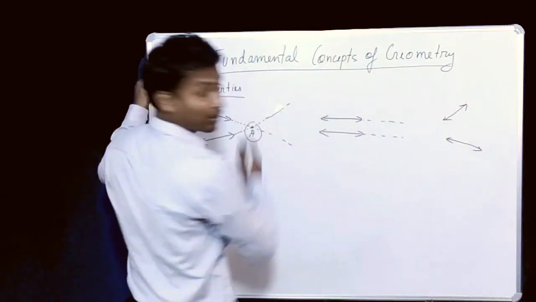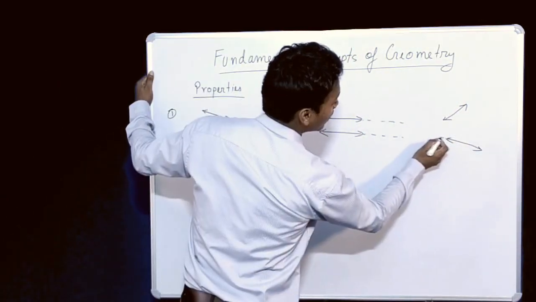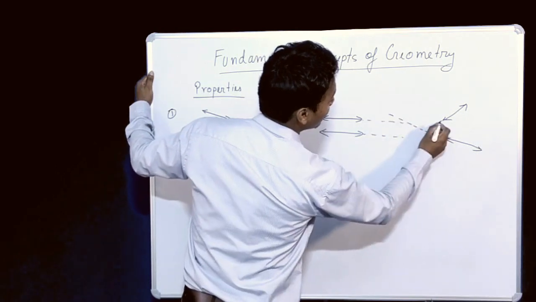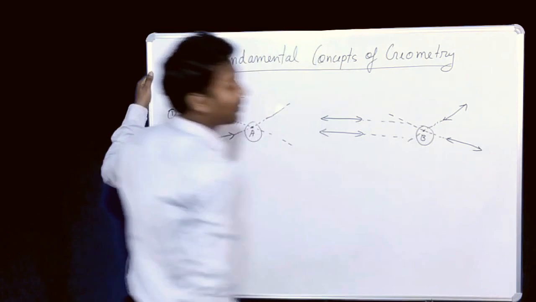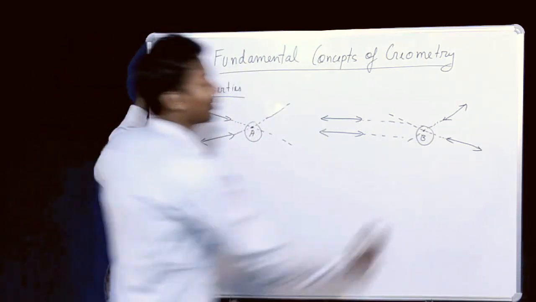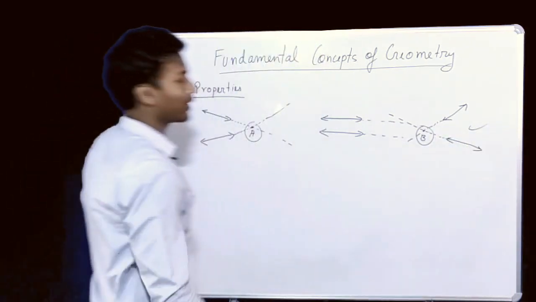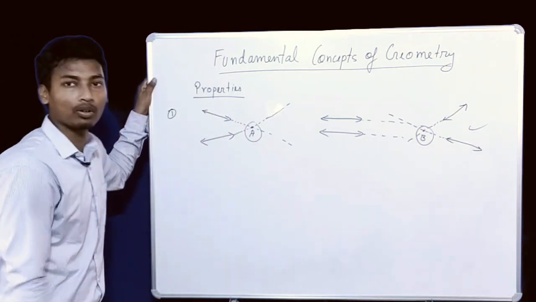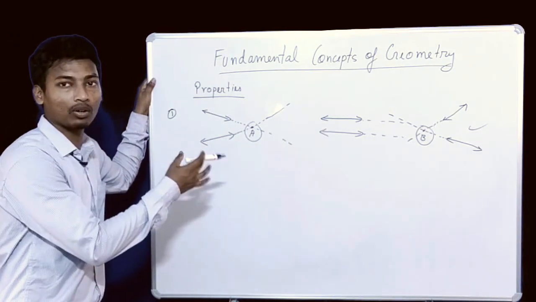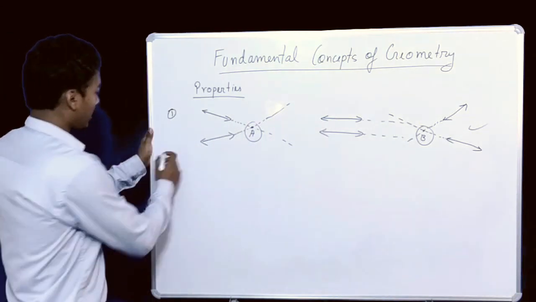But what about the back side? If you extend this line further and you extend this line further here, they'll meet at some point, right? So again, these two lines will be called intersecting lines. So in a plane, if two lines are drawn, they will either be parallel or intersecting. Next,